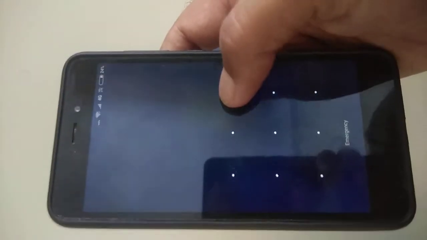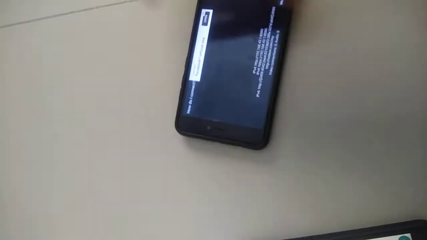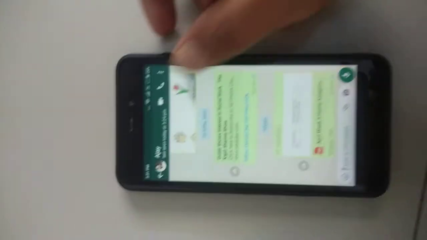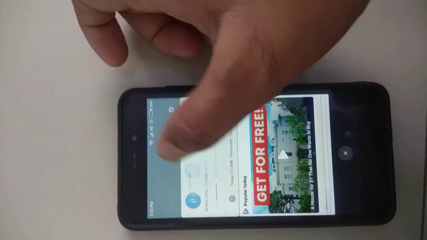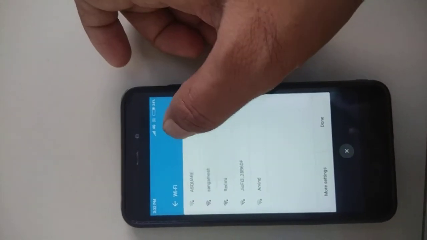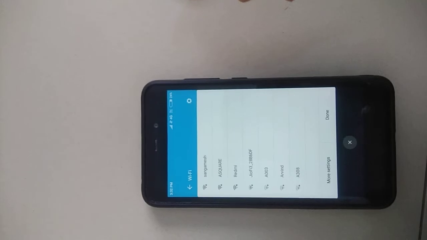I have to take one more smartphone, or you can go with a PC also, but I'll demonstrate that with a PC. You can put this on your robot, or wherever you need surveillance. First you need to connect to the Wi-Fi. I have already started the hotspot, so I need to connect to it. Its name is A Square. Let me connect to it.